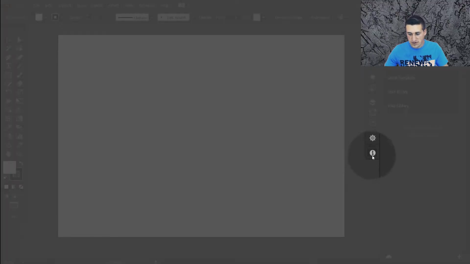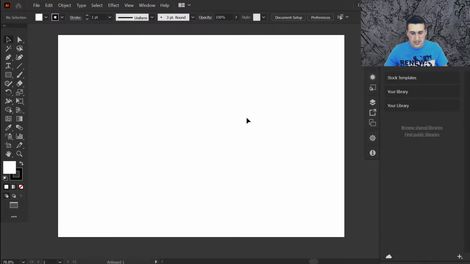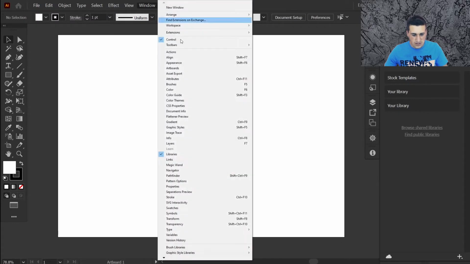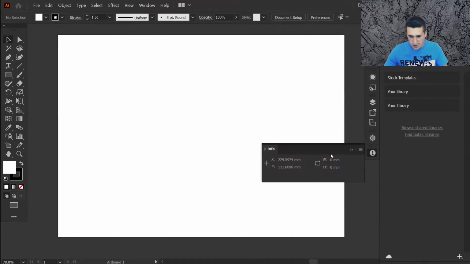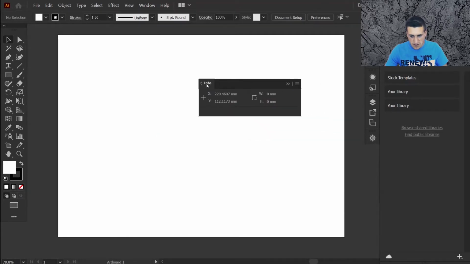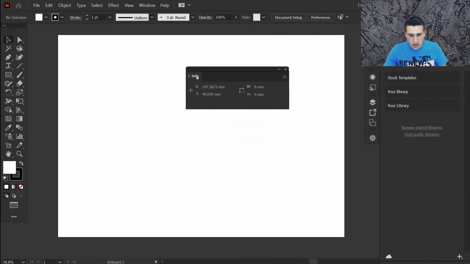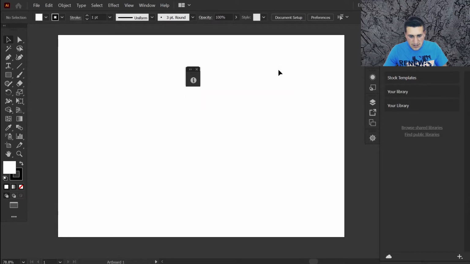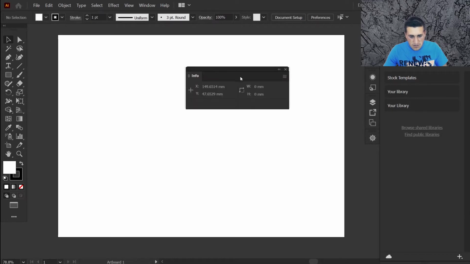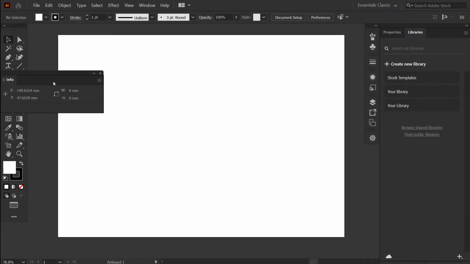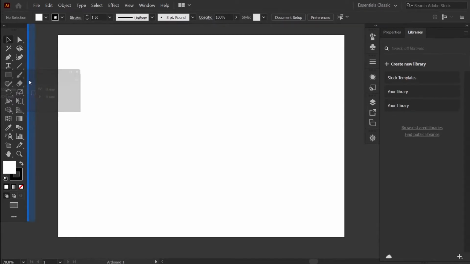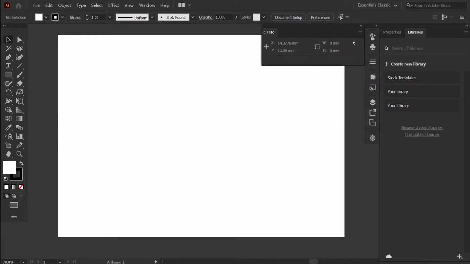So the info panel is right over there. If you don't see it, you can always go to Windows and choose Info, or use the shortcut right there. You can pull out the panel and drag it anywhere. If you hold anywhere on this gray area or even on the name, you can drag it out. You can collapse it there, or you can even put it along with the other tools. Once you see this blue thing, you can just put it down there so it's connected